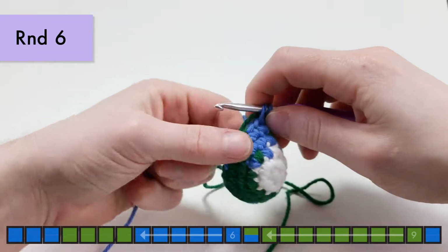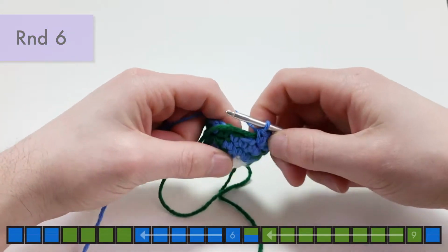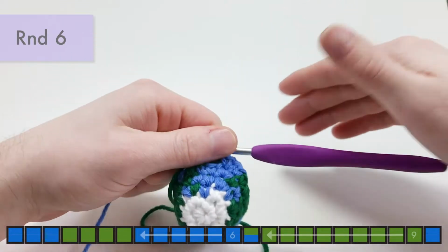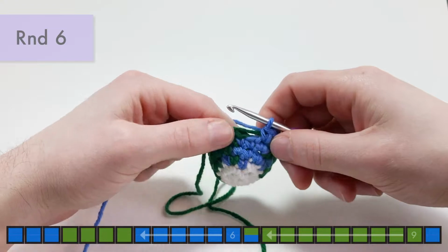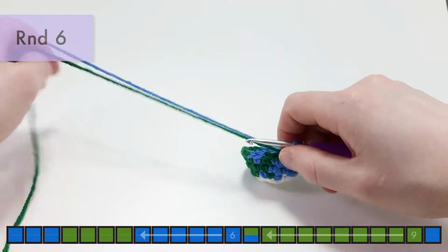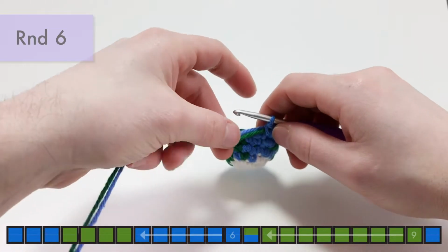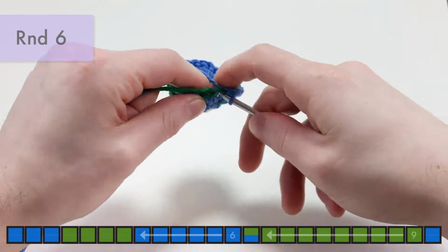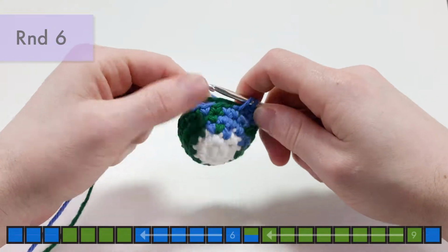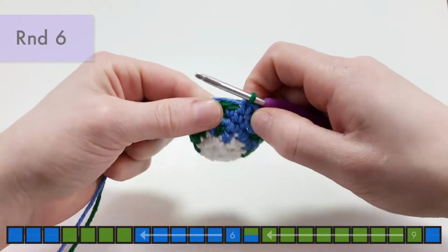And for the start of the round, it's going to be an all blue stitch. Now this round is actually all single crochets, so you don't really have to worry too much anymore about doing increases. We're actually done with increases, and we'll get to decreases in 4 rounds. So the next 4 rounds are going to be all single crochets, so don't worry about it increasing. Okay, so we have an all blue stitch to start, and then we have 9 all green stitches in a row. And they're all single crochets, so